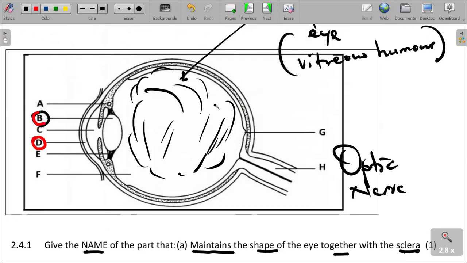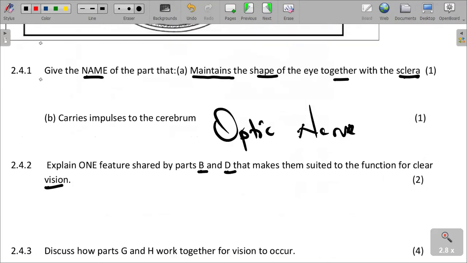We are saying part B and D. The question is saying explain one feature shared by part B and D that makes them suited to function for clearer vision. So one,